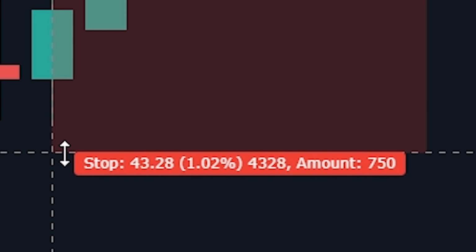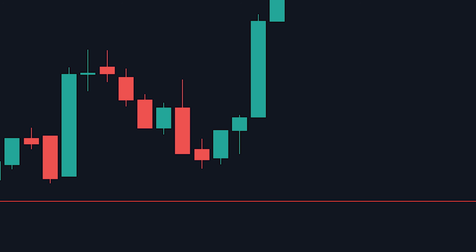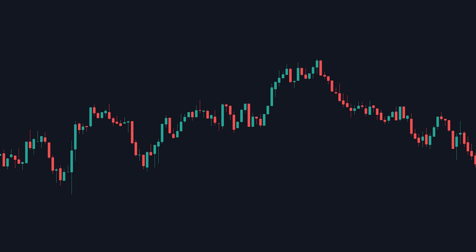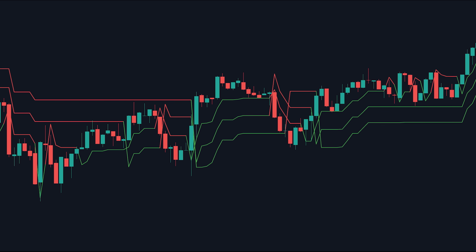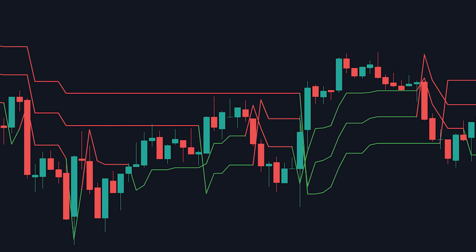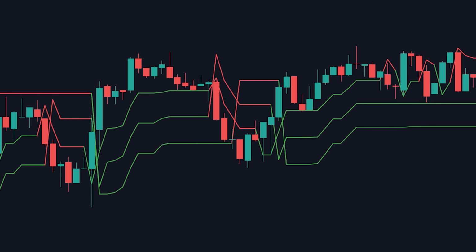What if there was a way to know exactly where to set your stop loss? To have an indicator tell you the exact position where to set it, so it lowers the chance immensely of it ever getting hit. Well, lucky for you, there is a way, and I'm gonna tell you exactly how to execute it on all your trading strategies. Let's get straight to it.